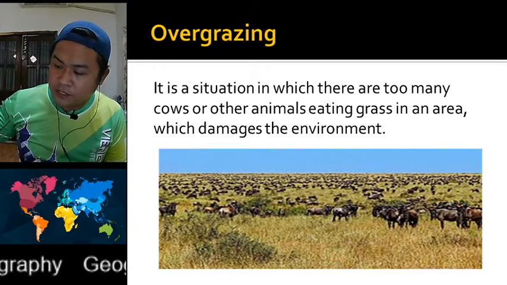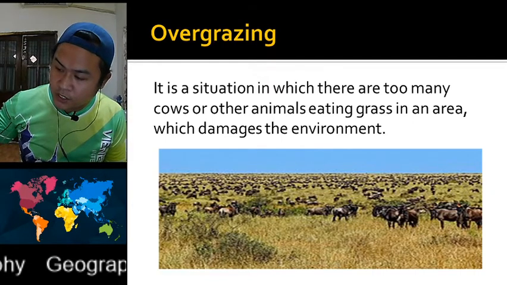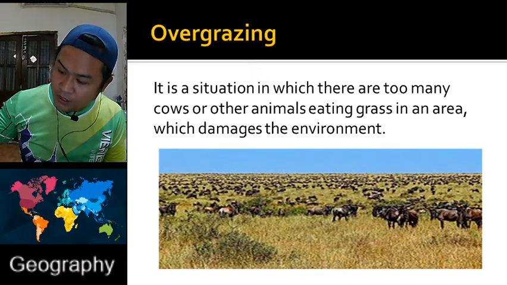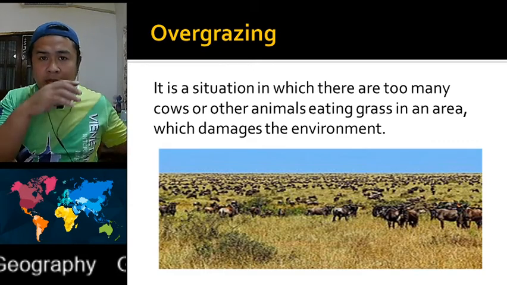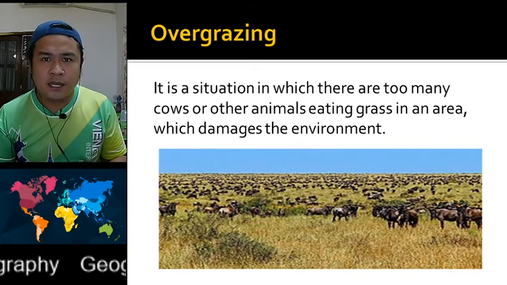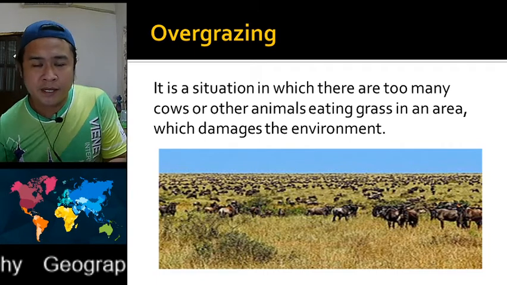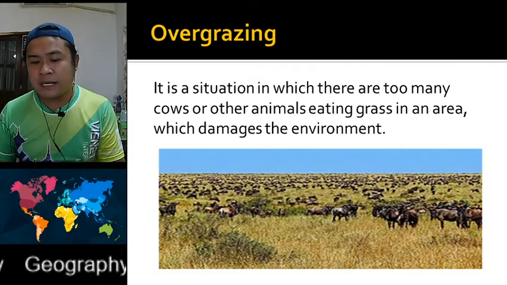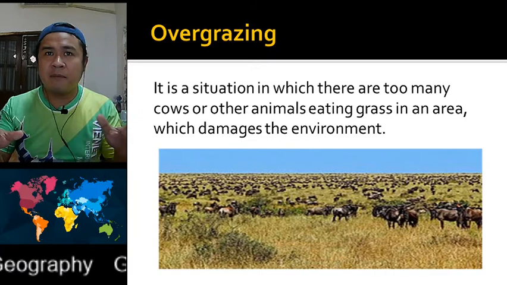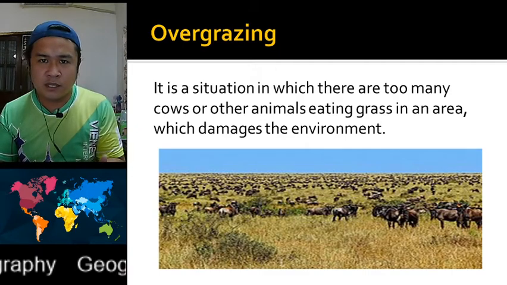For thousands of years, people living in the dryland areas of the world moved their small herds of domestic cattle, sheep, and goats in search of better grazing and water availability. So many years before, people would raise their cattle and move them from one place to another. That is what you call nomadic grazing. But what happens right now is that they have a large amount of cattle and they let them walk around and feed on whatever grass they can eat.